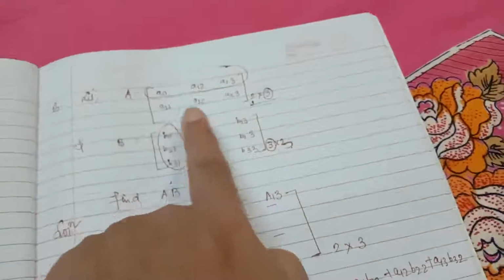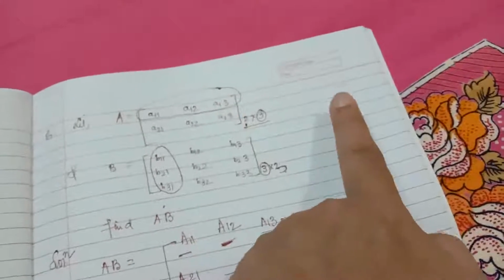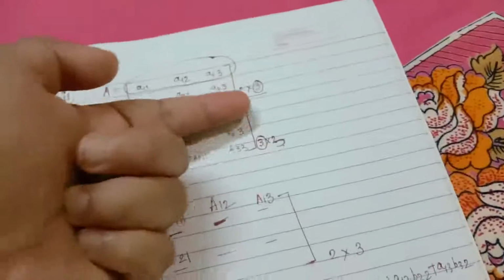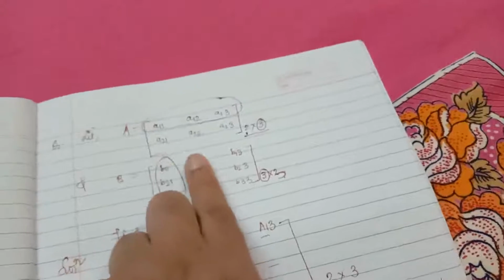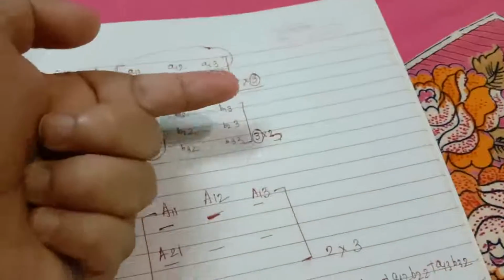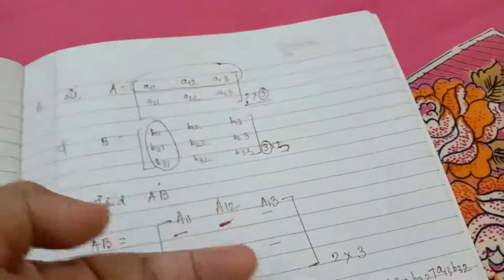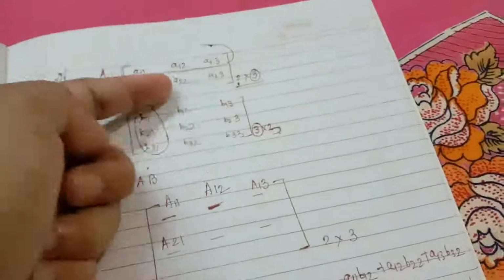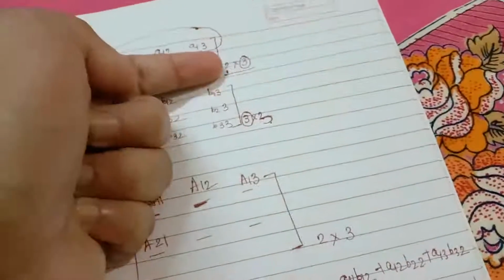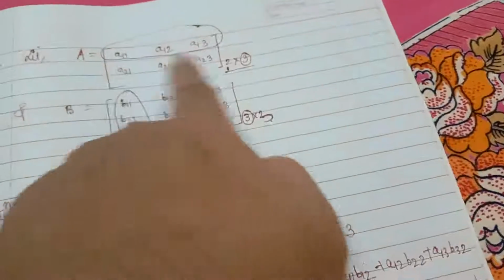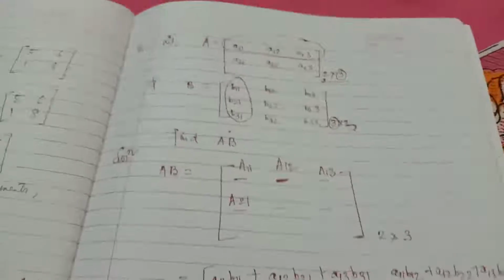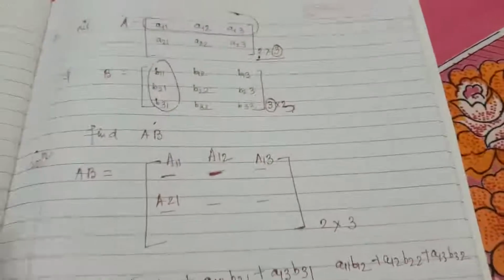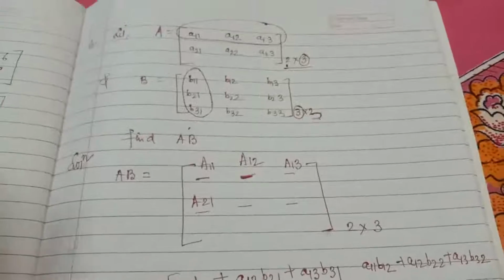Okay, first column, second column, third column, the columns are exhausted. Next we'll start with the second row. With the second row we'll multiply the first column, then the second column, then the third column. When we multiply with the second row, we'll write: second row first column is this, second row second column is this, second row third column is this. Okay, so this is the procedure to find the multiplication of two matrices. Okay, simple. Now let us move to examples.